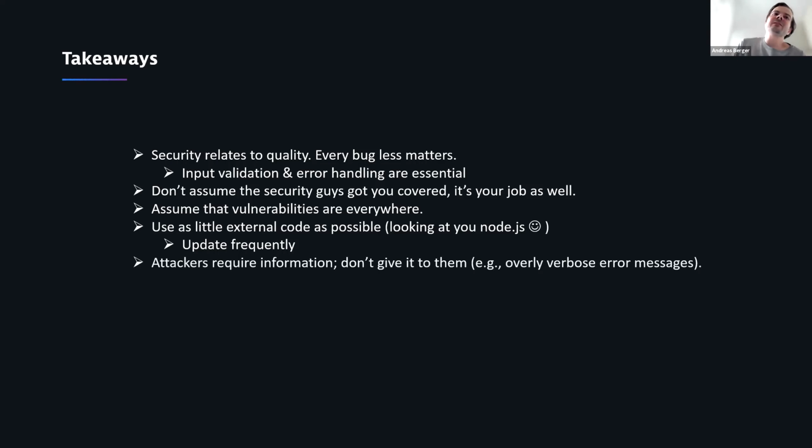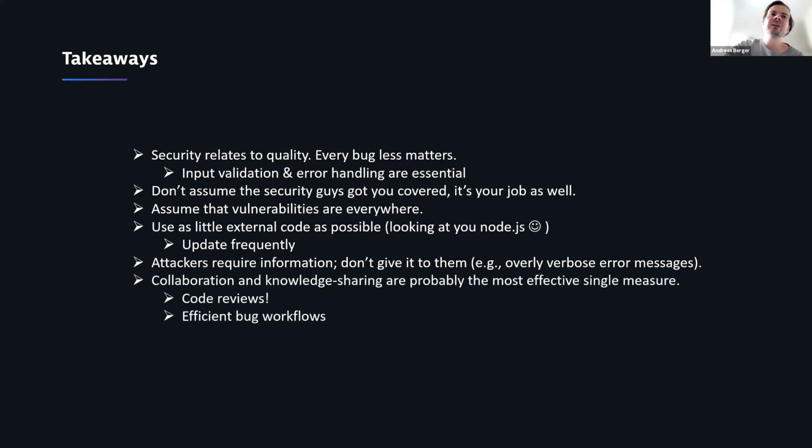So next thing, attackers require information, right? Imagine again this picture. They navigate through the system. They try to find out what is the next step that provides value to them. So don't give it to them. Don't give them version information as part of whatever responses. Don't give them overly verbose error messages, hinting at what should have been the input in order to trigger a certain reaction. So don't do that, because they will exploit that, and that's always a bad idea.